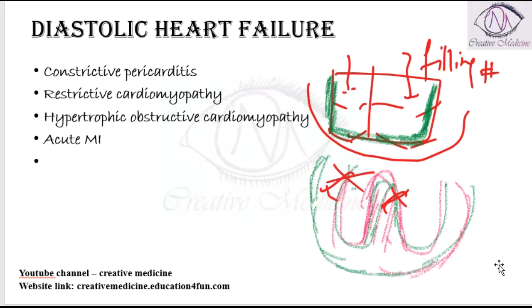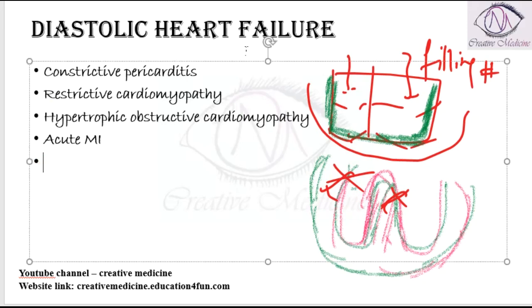Because of the muscle necrosis, muscle damage and muscle loss, there is impaired filling leading to diastolic heart failure. Because it is an acute condition, the heart is not given enough time to expand, but enough time to remodel. But if it is a chronic MI, then the heart will have some time so that it can remodel